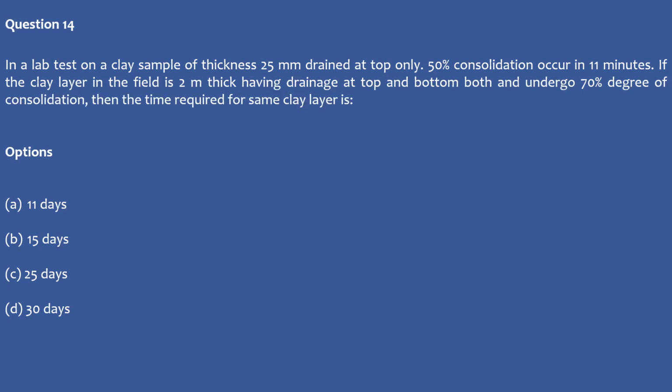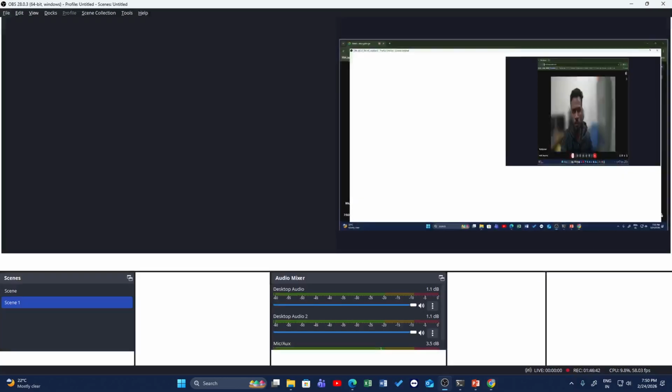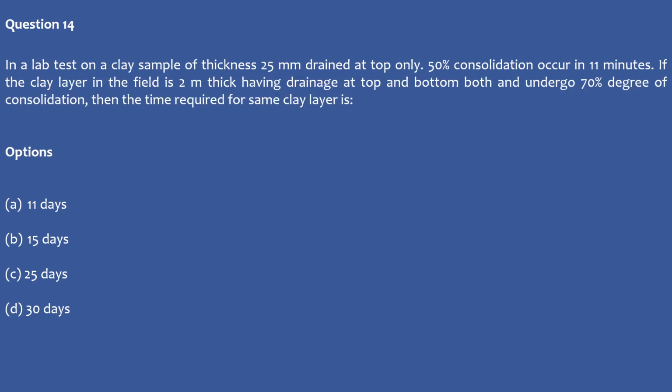Moving to question number 14. You have been given a lab test of a clay sample of thickness 25 mm, which is drained at the top only, where 50% consolidation occurs in 11 minutes. Okay, last question of the day. What time will it take if the clay layer in the field is 2 meters thick, having drainage at top and bottom, and undergoes 70% degree of consolidation? So it's again the same. You have been given two cases. Case A, where 50% consolidation occurs in 11 minutes,